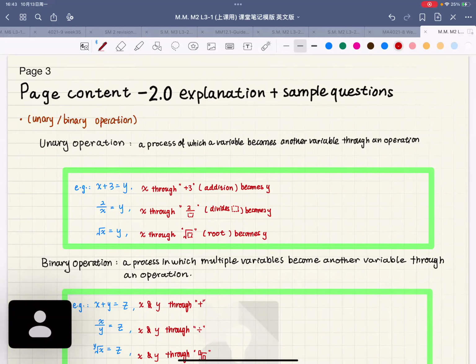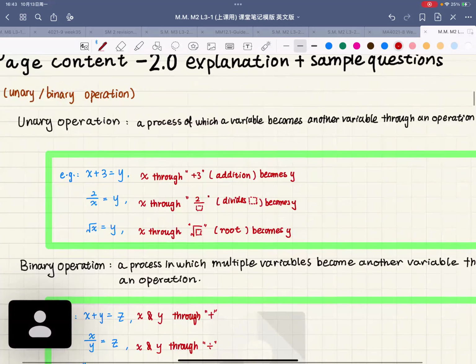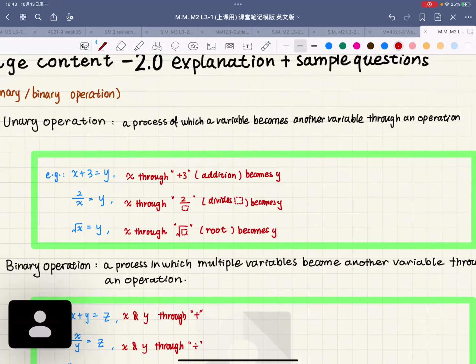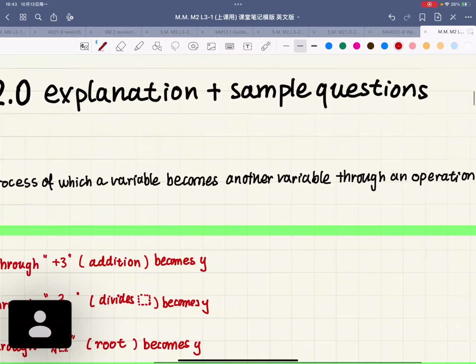So for operation, we have two types of operation. One is unary operation, the other one is binary operation. Okay, so what is unary operation? Basically, unary operation is a process of which a variable becomes another variable through an operation. All right. And there's one thing I want to emphasize. This variable,